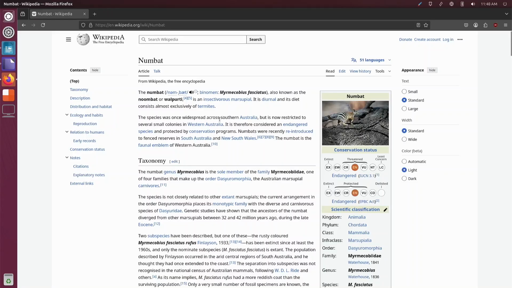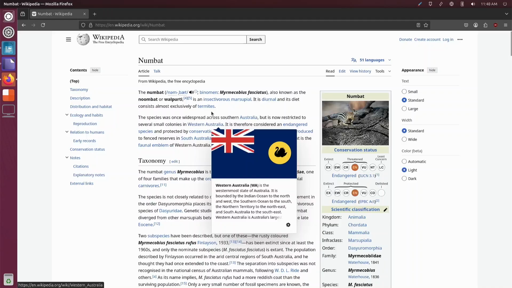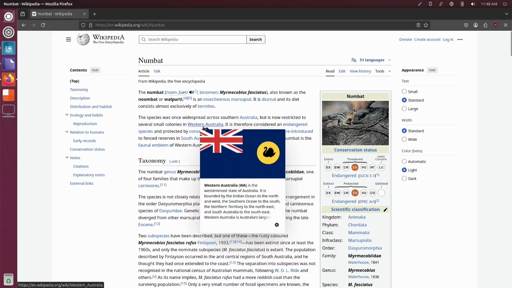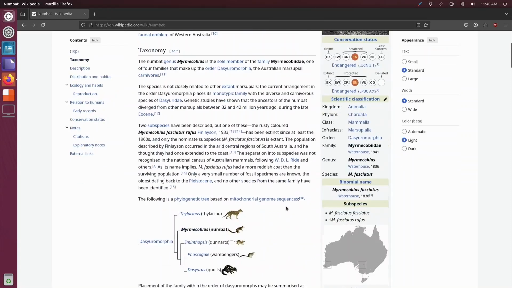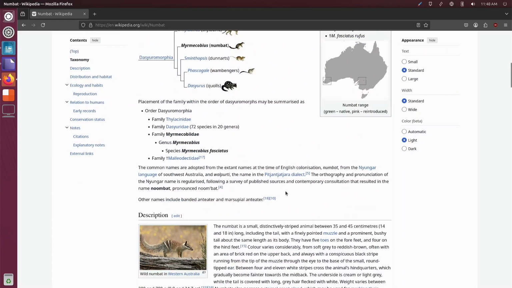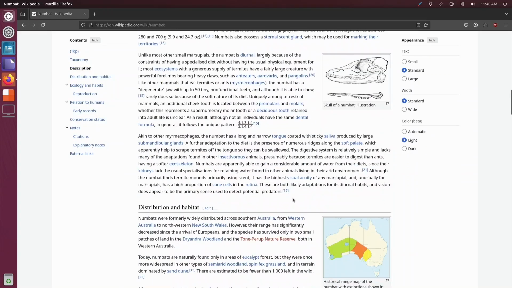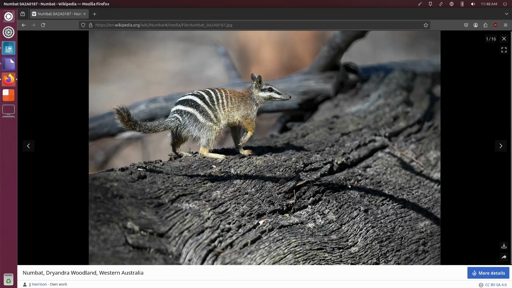Diurnal, and its diet consists almost exclusively of termites. Aww. Restricted to several small colonies in Western Australia. Oh, poor babies. They're endangered. But they're so cute. Look at that little guy. I love him. He's so adorable.